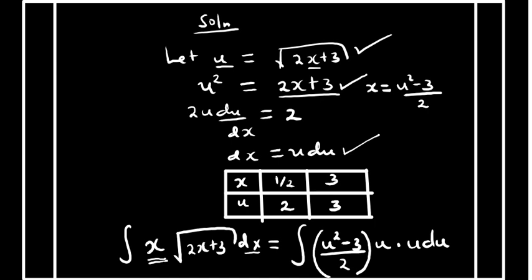If you look at this carefully, you shall have a half out because it is constant. Then we shall have u power 4 minus 3u squared. Why do I have u power 4? u by u is u squared, multiplied by u squared, you get u power 4. u by u is still u squared, multiplied by 3, you get 3u squared. That means our next step will be